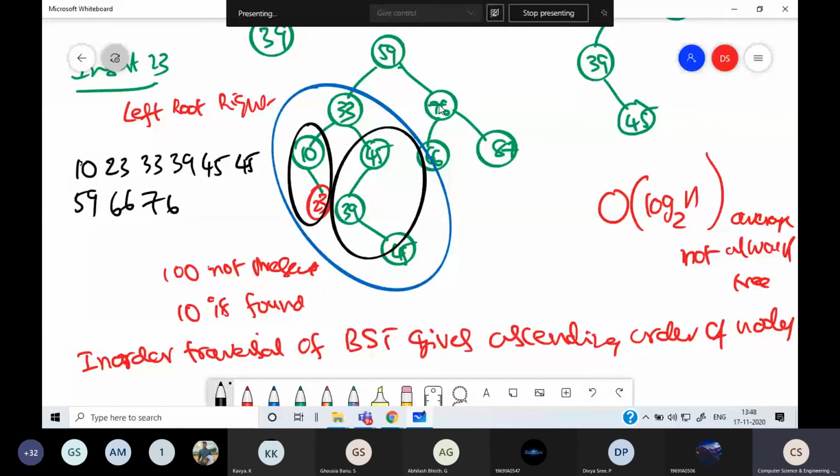Left and root are over, visit right. So this will give the ascending order of the nodes or values. When you have a binary search tree and perform in-order traversal, you will get the ascending order of the data. That is the property of the binary search tree.